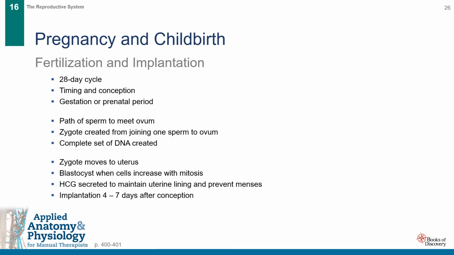This rapidly growing mass of cells secretes a hormone similar to LH called human chorionic gonadotropin, or HCG. This essential hormone stimulates the corpus luteum to continue producing estrogen and progesterone to maintain the uterine lining and prevent